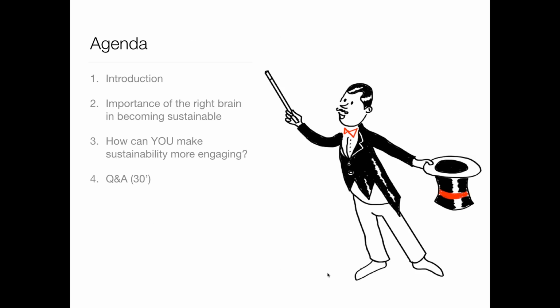So there we go. Here's what we're going to talk about. I'm going to start with a quick introduction about who I am and why I do what I do, and then we'll talk about the importance of the right brain in working towards sustainability. We'll talk about the difference between left brain and right brain and why the right brain is important, at least in my opinion. And then I'll show you a bunch of tools to help you make sustainability more engaging